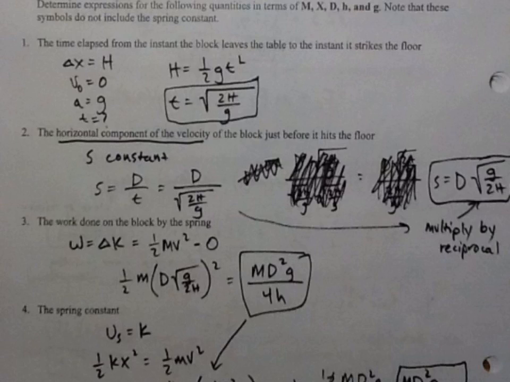So right when the block leaves the table, it's got a speed, it's got a kinetic energy, so we're going to use 1/2 mv squared minus the initial kinetic energy. Well, it started from rest, so of course minus 0. So all I do is simply take the speed from number two, again, speed and velocity, essentially the same thing, just one's a scalar, one's a vector quantity, and plug it into our v value, and we do a little bit of math. Distribute the squared to the d component, and then the square root of g over 2h gets rid of the radical. So all in all, we end up with something along the lines of md squared g